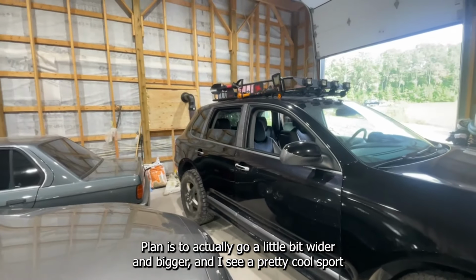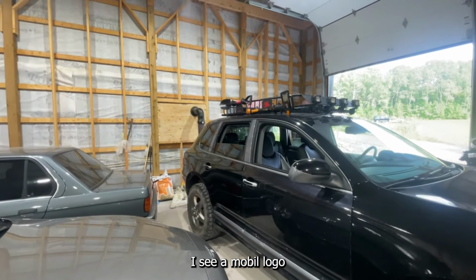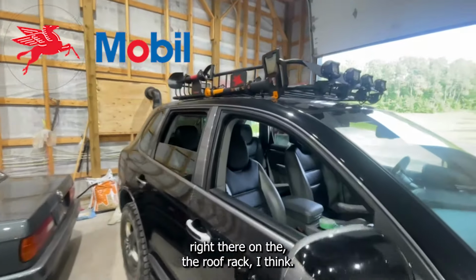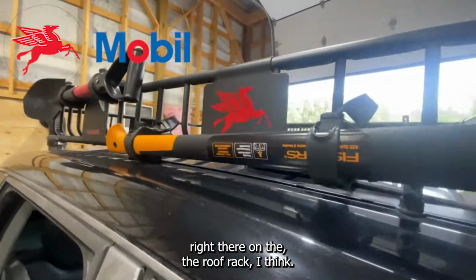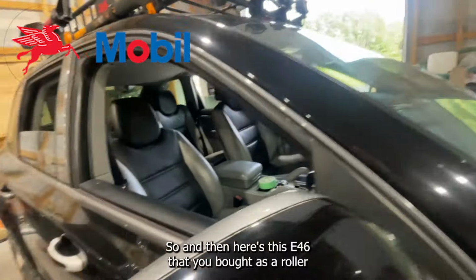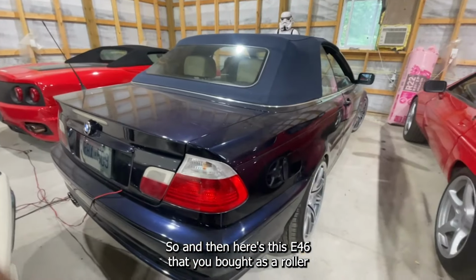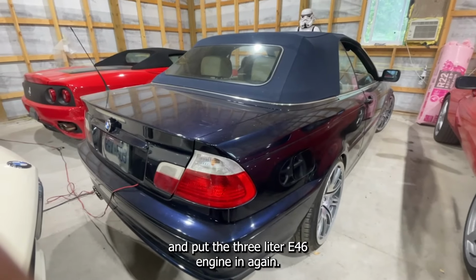And I see a pretty cool sport rack up there. Oh, there's a shovel and an axe. I see a Mobil logo right there on the roof rack, I think, right? Mobil 1 logo. So, and then here's this E46 that you bought as a roller and put the 3-liter E46